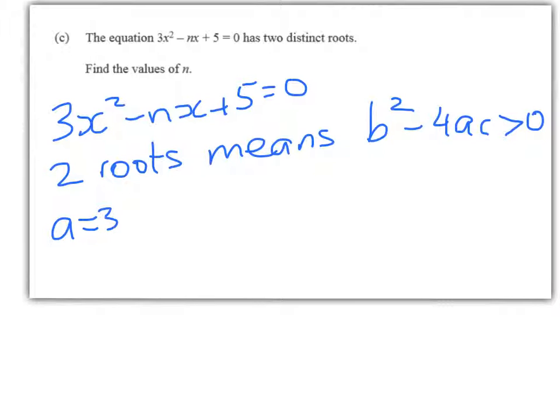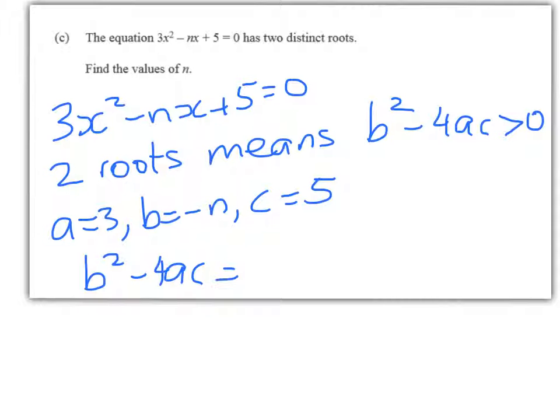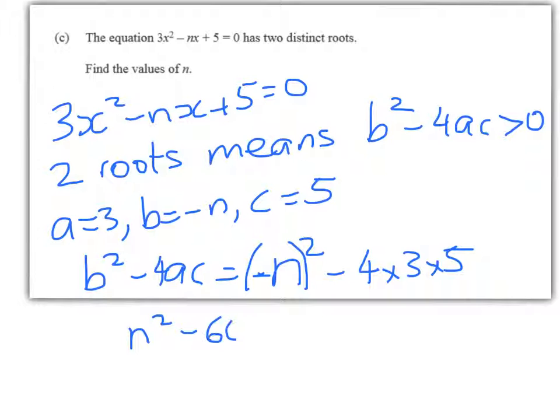Here a equals 3, b equals negative n, c equals 5. So b squared minus 4ac is equal to n squared, I'll do it properly, negative n all squared, minus 4 times 3 times 5. So we need n squared minus 60, strictly greater than 0,